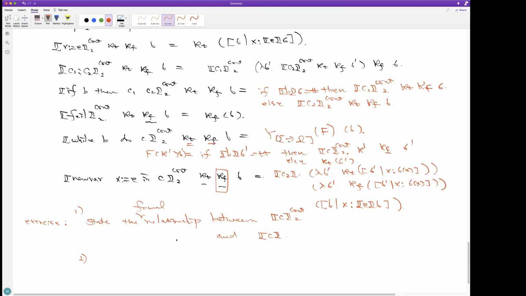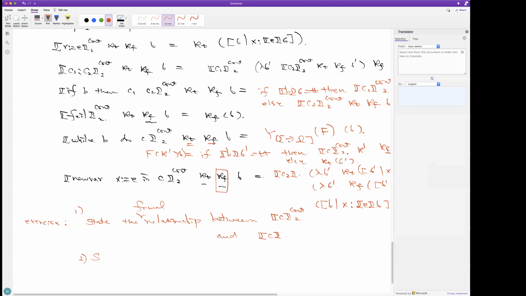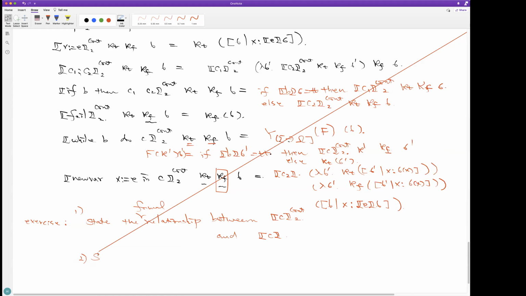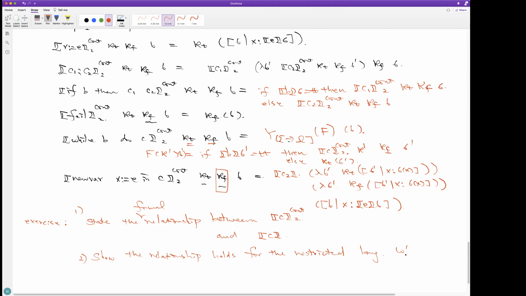And the second exercise is, once you state the formal relationship, show that the relationship holds for a language without loop.